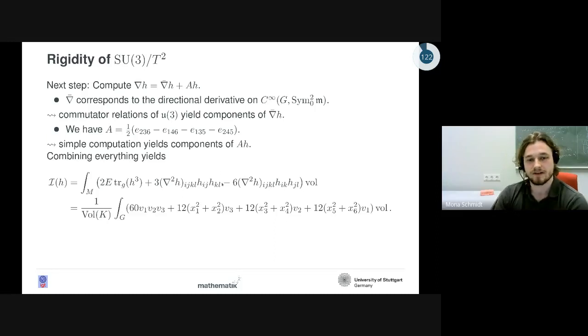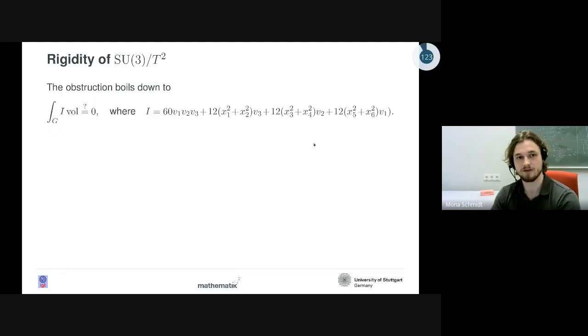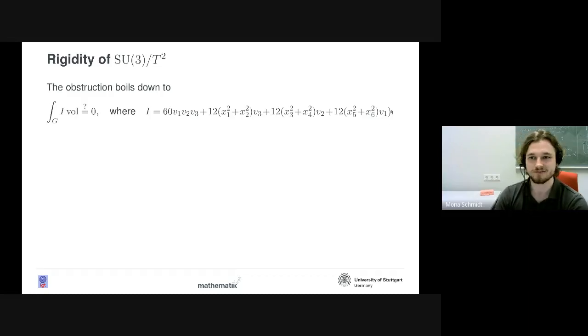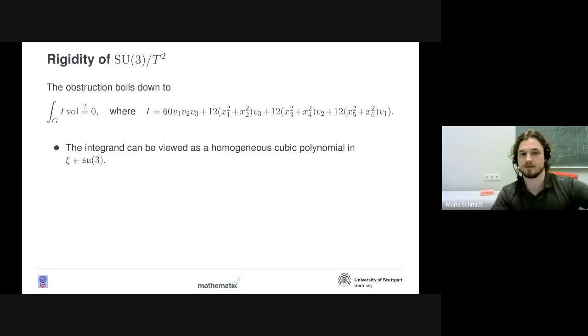Okay, if we combine this all, we can do a little integration by parts here. So we can put this nabla to some other H, and this as well. So we only have to compute one covariant derivative. And then what we get in a sense is some polynomial in these functions. Okay, so we have this polynomial, and there's a parenthesis that shouldn't be there. We want to know whether this integral over this polynomial vanishes. So yeah, it's a polynomial in those functions.